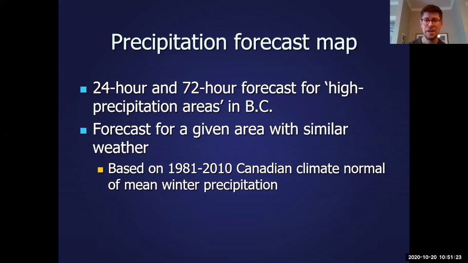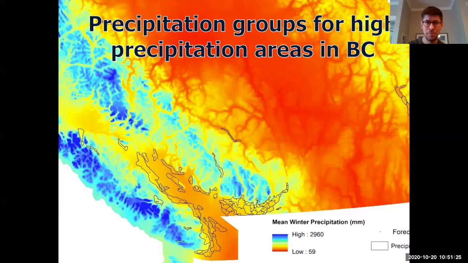If you look at this map here, it gives you a sense of the building blocks of what we actually use as a precipitation map. This is the modeled climate normals. And really what we were looking for is regions that have really similar coloring, indicating that within that region, the weather reporting is fairly consistent through that winter period. And once we saw a consistent region, that was blocked off as a shape that we would then pull a forecast for on the map.